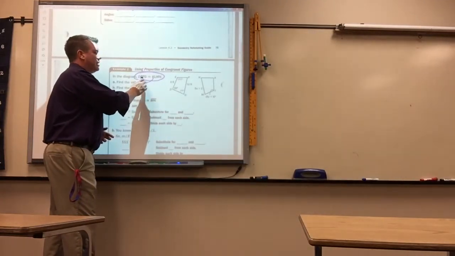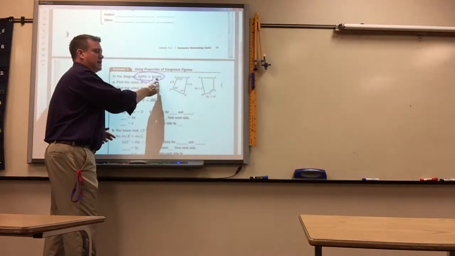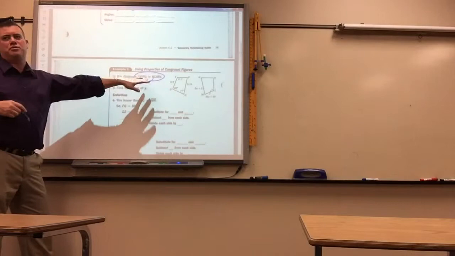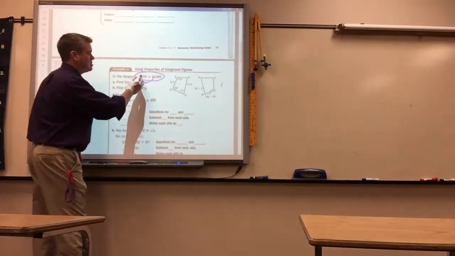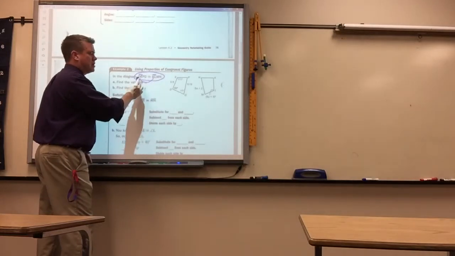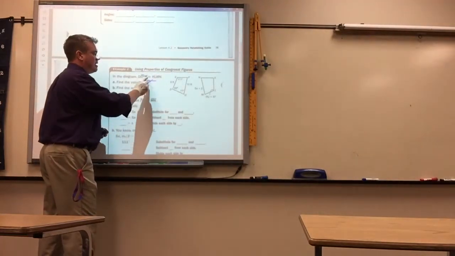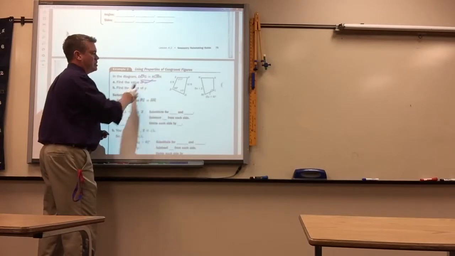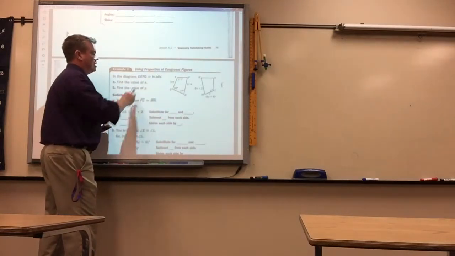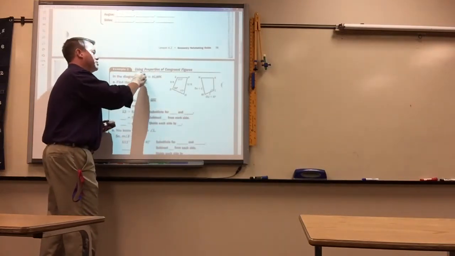Angle D and K. E and L are equal, F and M, G and N. And you can also use this for sides. Side DE would be the same as KL because they're the first two. Then EF would equal LM because they're the next two. Side FG and MN. And then the fourth one is the first and last,